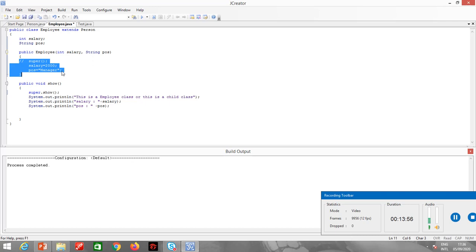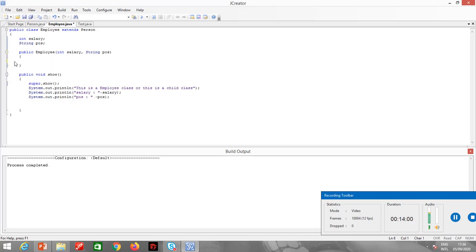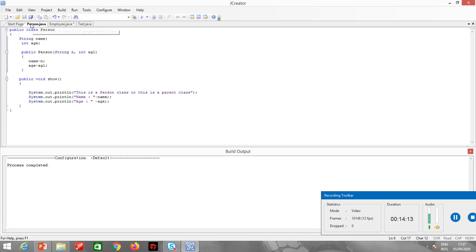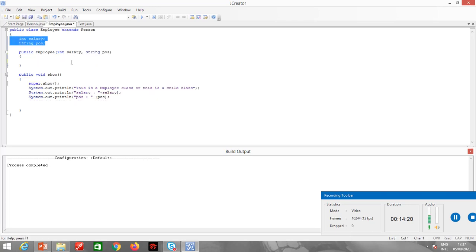Now here I have to pass all four parameters. The child class does not have only two variables; it has four variables: two variables of its own and two inherited variables from the person class. So I will pass the same parameters in the constructor of the employee class.